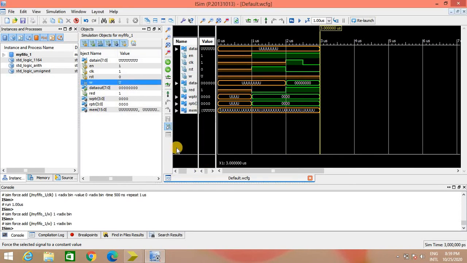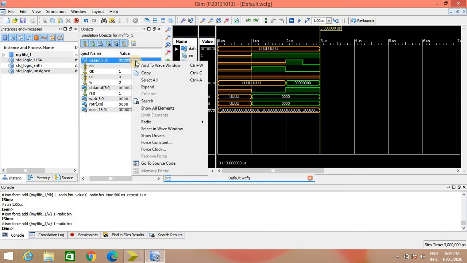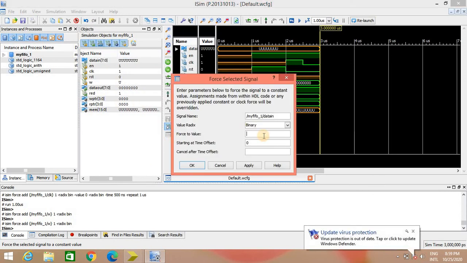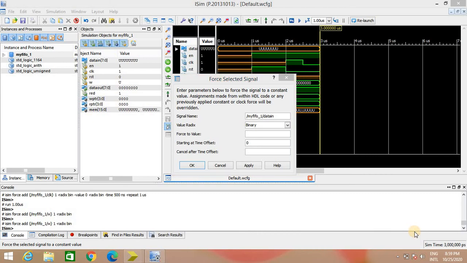When we are performing the write operation, we have to give data on the data line. Force constant, and the first data that I will be giving is an 8-bit data.